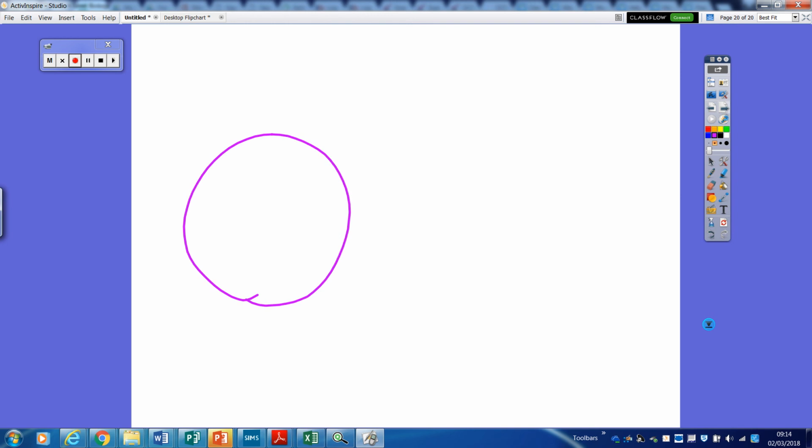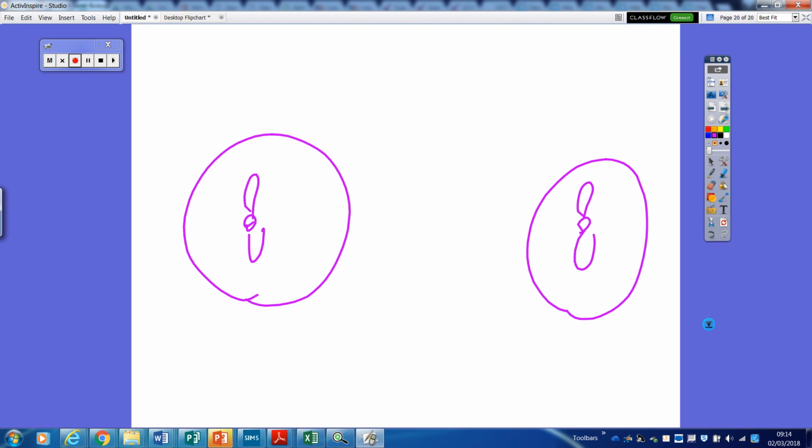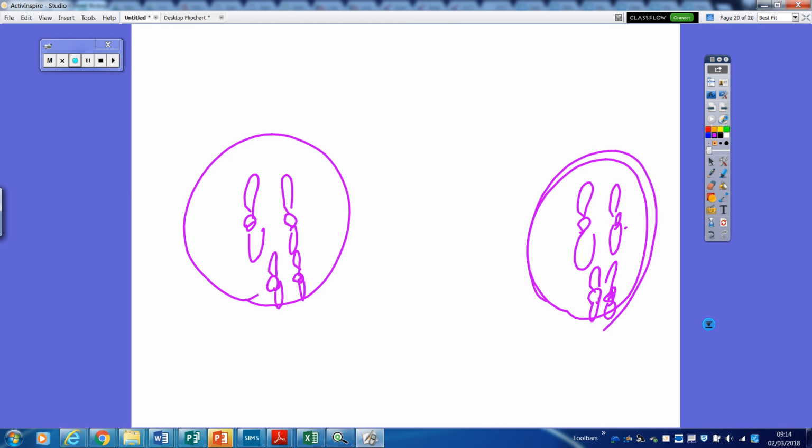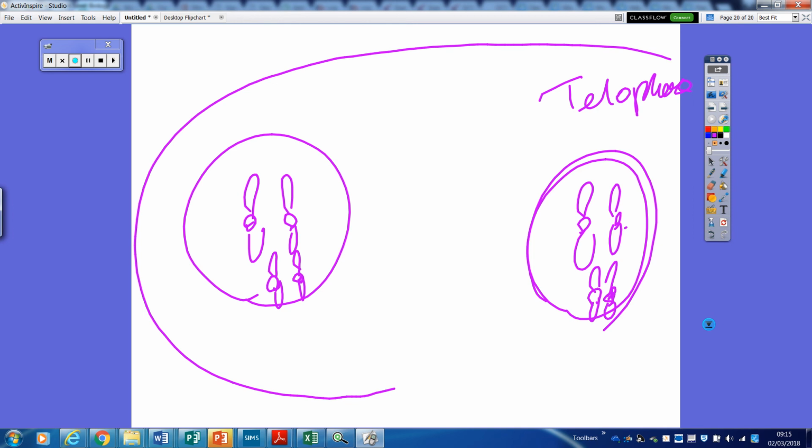So here's one pole with one of those sister chromatids. Here's another pole with one of those sister chromatids. They pair up again, just like they were to begin with. And then they decondense. So there's another pair of chromosomes, there's another pair of chromosomes. We get a new membrane, and after that new membrane happens, this would be in telophase. If we've got two nuclei like this, all in one cell, the cell itself splits or invaginates down the middle.